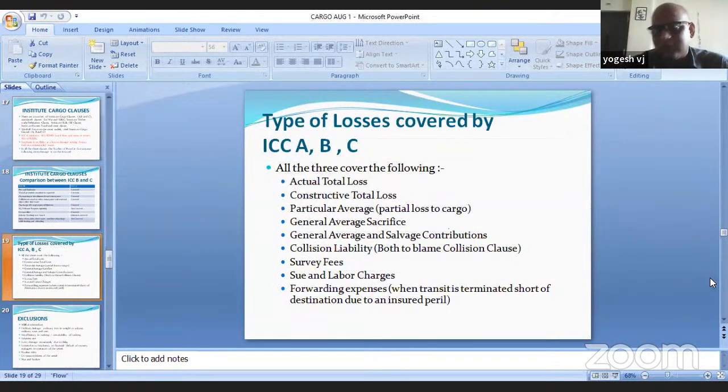Say if there are two vessels and they collide head-on, the losses occurring to the ship which is insured will be covered only 75%. The remaining 25% will be covered under protection and indemnity insurance, the P&I club. P&I clubs provide insurance for that part of marine losses which are not covered under marine policies. So, like I said a little while ago, a vessel comes and hits the berth